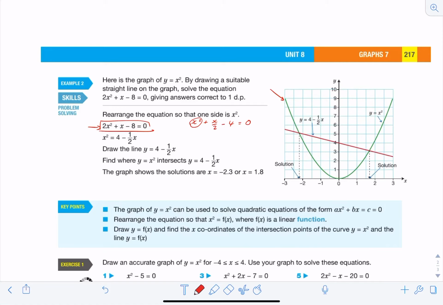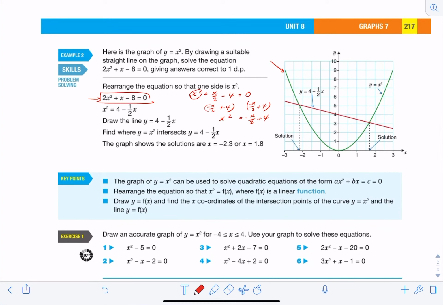So then I'm going to go minus x over 2 plus 4 to both sides. Plus 4, and I get x squared equals negative x over 2 plus 4,